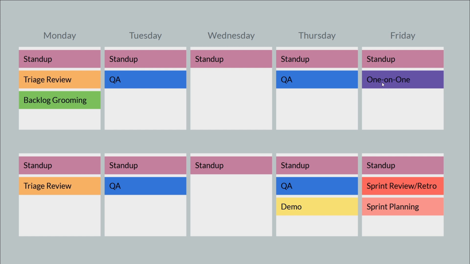And your boss may have one-on-ones scheduled throughout the week with each person on the team or on the squad, or they may just do them all back-to-back on one day. They may have one day where they have a huge block of time that's free where they don't have any meetings, so they'll fill that whole day up with one-on-ones back-to-back. So that just depends on whoever's doing the one-on-ones.